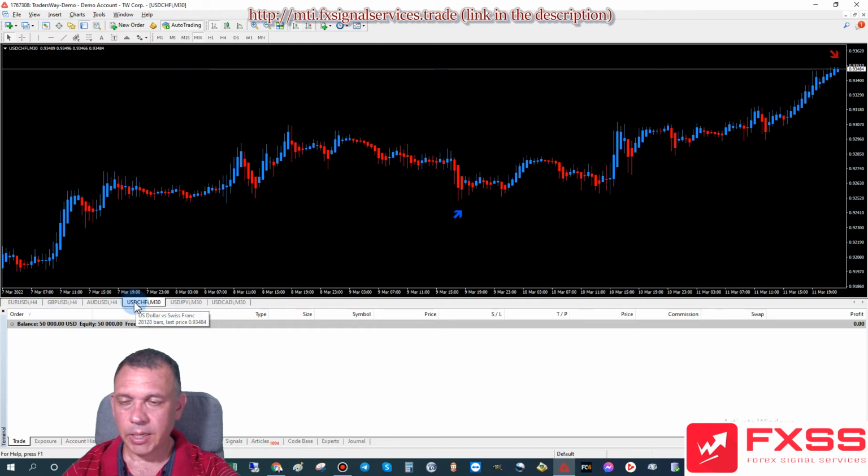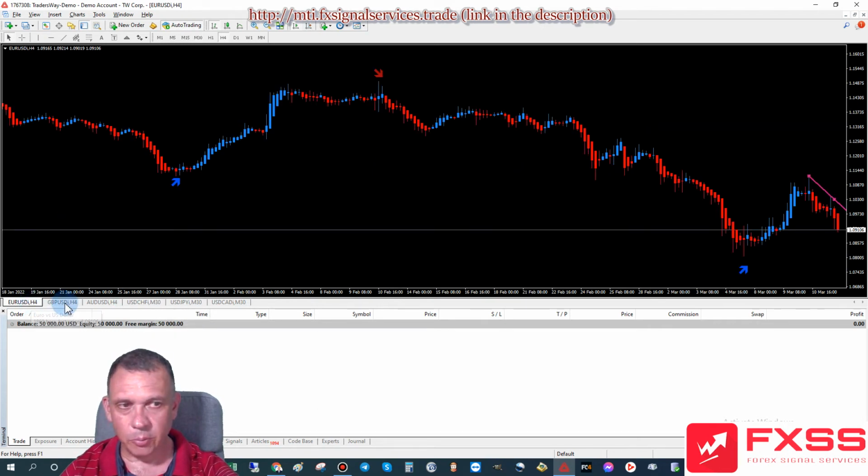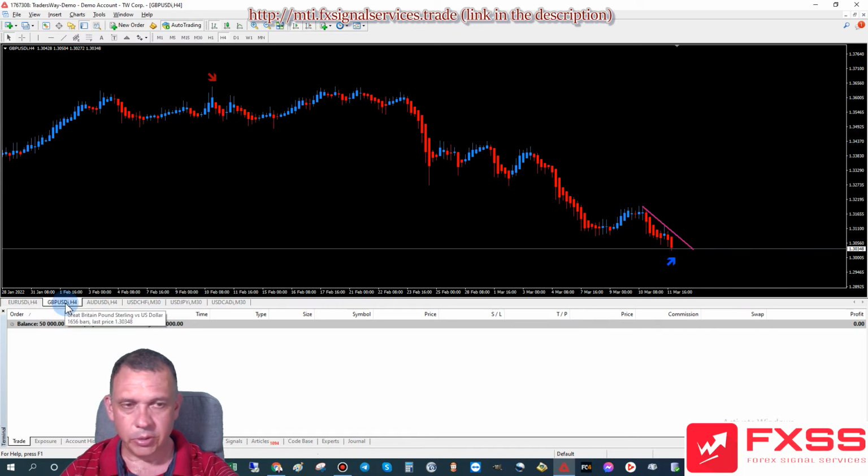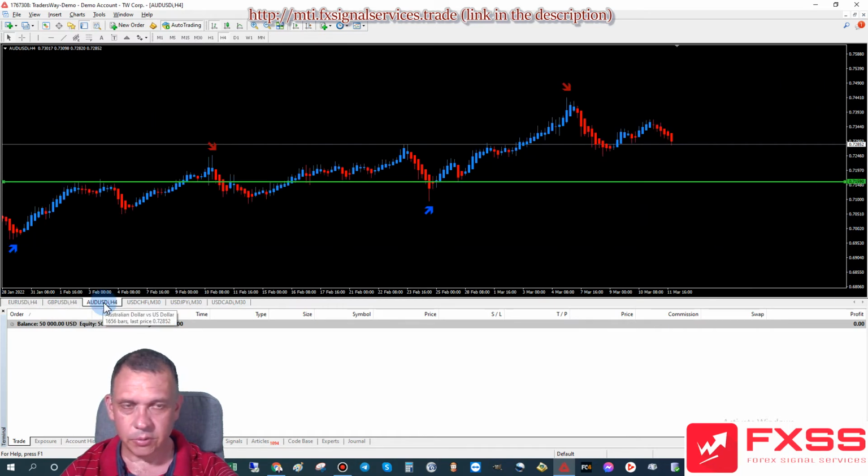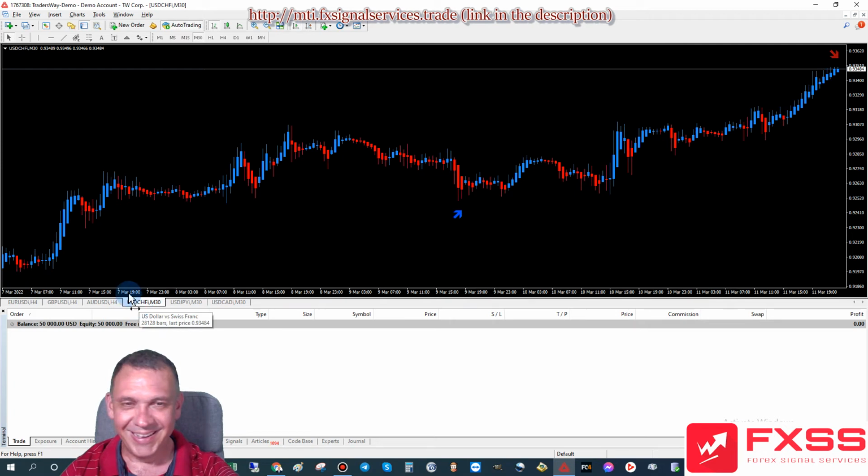Okay, and moving on to US dollar versus Swiss franc. Now again, we see this one doing something totally different. The other ones are dropping, kind of, right? And now we saw here in the Euro USD that is getting ready to go back up, and GBP USD is getting ready to go back up, and well, Australian dollar, I don't know. But if those are getting ready to go back up, US dollar should be getting ready to do the opposite,